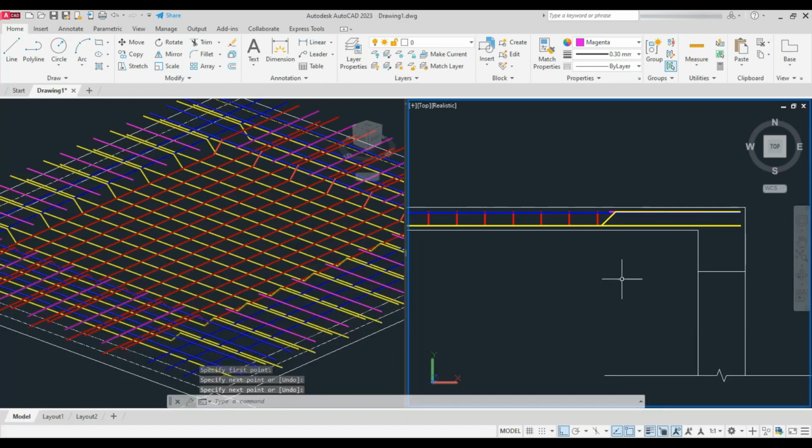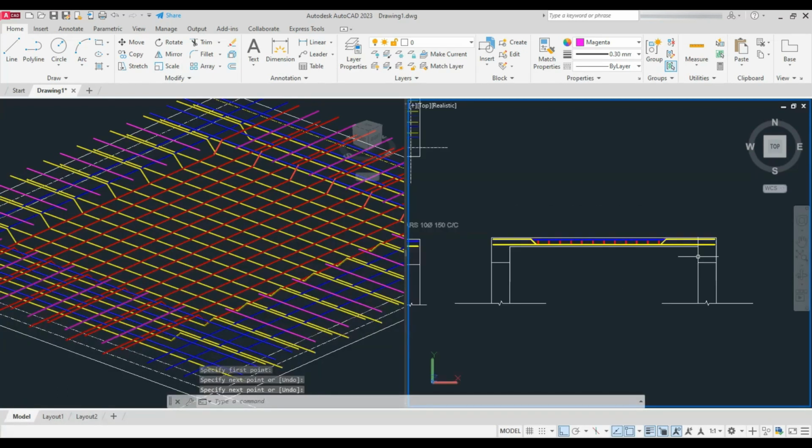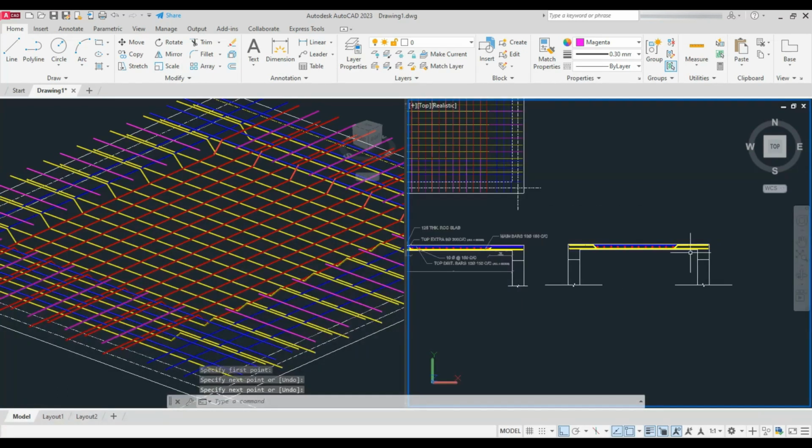So this is done. So I hope you guys have enjoyed this tutorial. Dimensioning part will be shown in another part, and if you guys want to learn about the one-way slab as well,